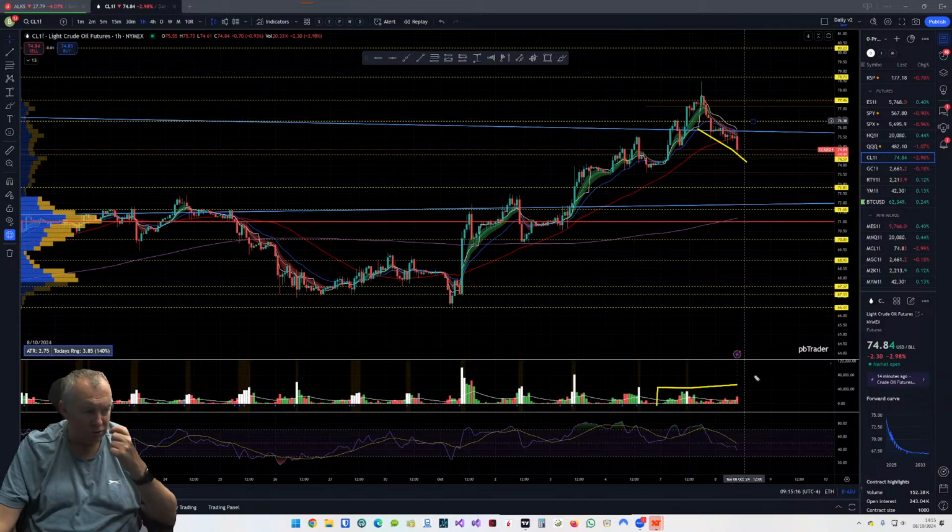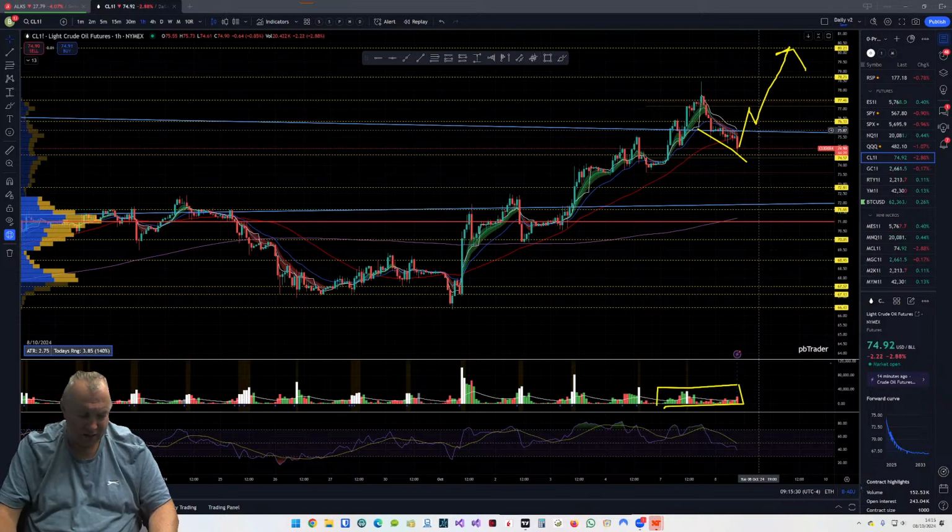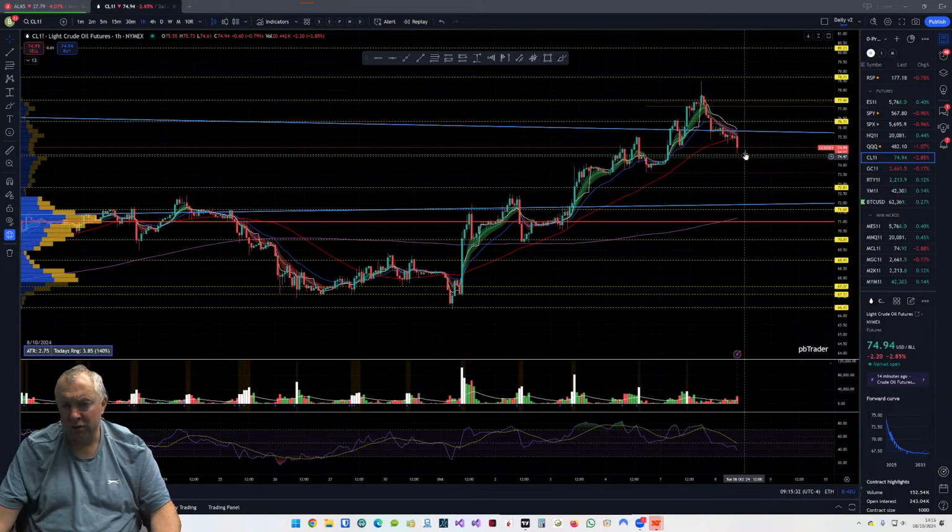I might need to reboot my machine, it makes everything seem a bit slow. So we've got less volume here, and we're in a bit of a pullback as well, so we might just see an increase in volume and then a breakout pushing out long. So I do quite like the break of 75, 80 area long, and this area's already gone for the bounce. We've got a few bounce areas.